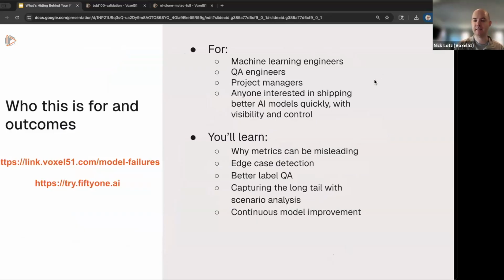This is really for anyone who is interested in building better models. The focus is going to be on what causes models to fail, largely from a data-centric perspective, and then moving the needle forward on better model performance through better data. Whether you're a machine learning engineer or QA engineer, or whether you manage software projects or visual AI applications, this is for anyone interested in shipping better models quickly, with visibility and control over what contributes to their model's performance in the first place. That's a big thing because, while there are certainly many techniques for evaluating model performance and why models perform the way they do, modern deep learning models are in many ways black boxes. And sometimes the insight you need